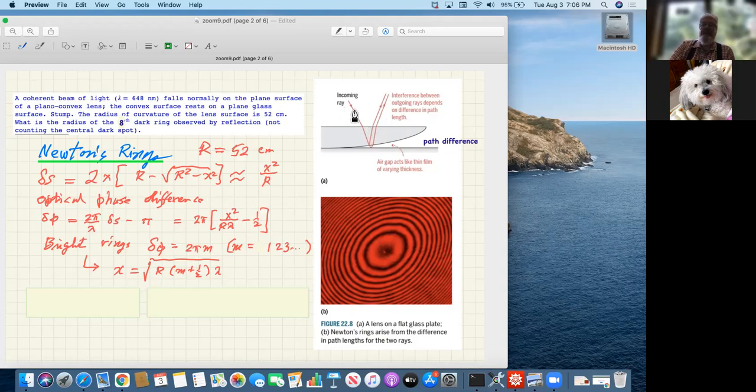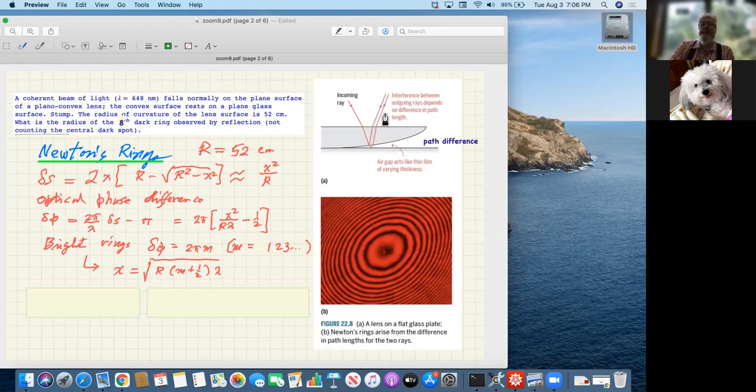But part of the light will go through the glass and into the air, reflect off the flat surface, back into the glass, through the glass, and then out, and you'll have two beams of light